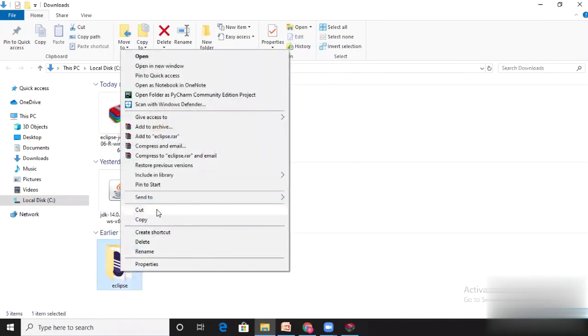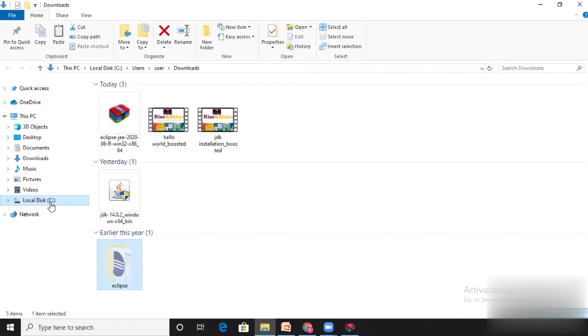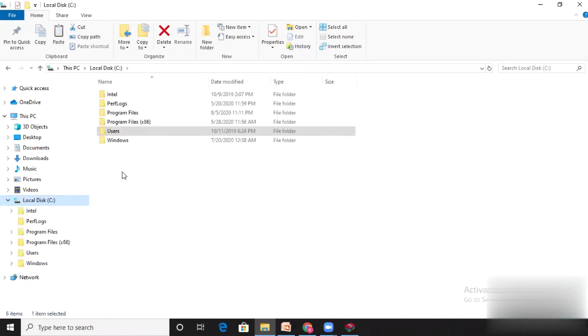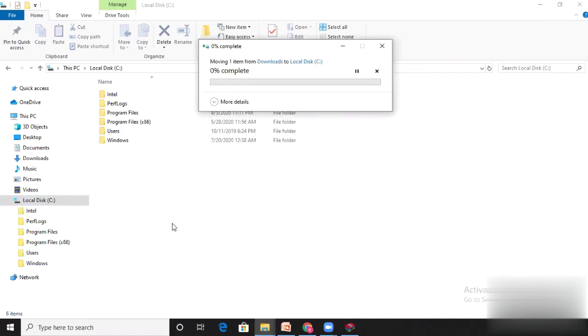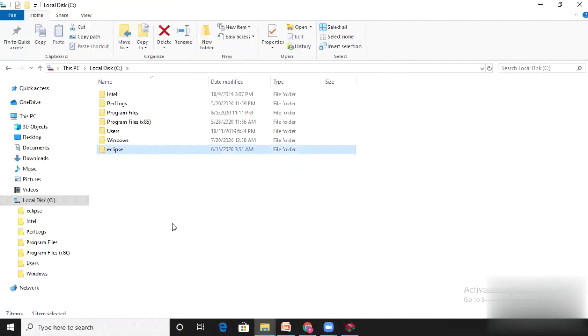Simply cut this folder, and the right location for it is C colon, and paste it there. I have cut the Eclipse folder from download and pasted it in C colon.